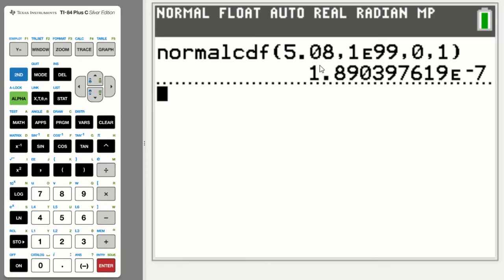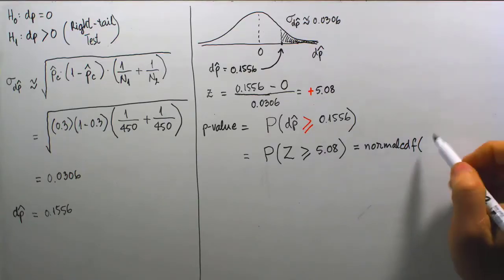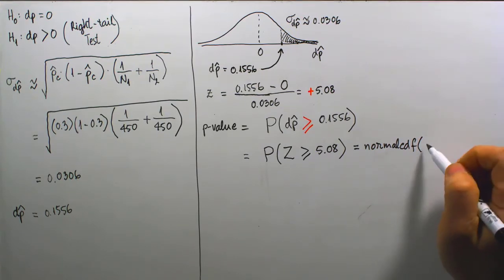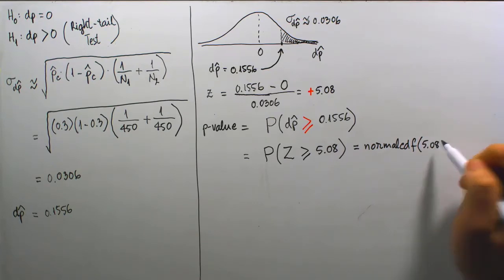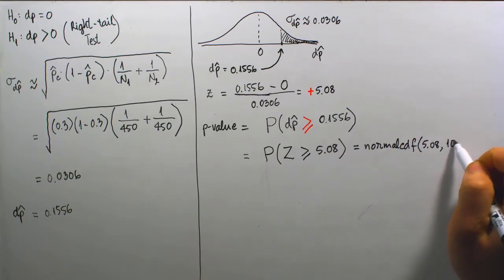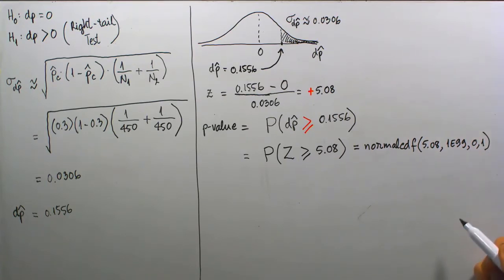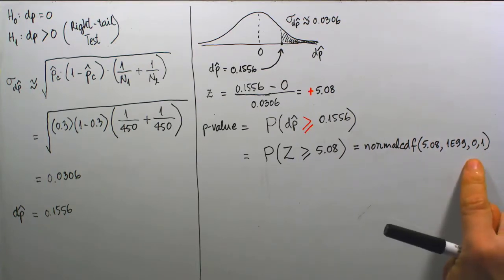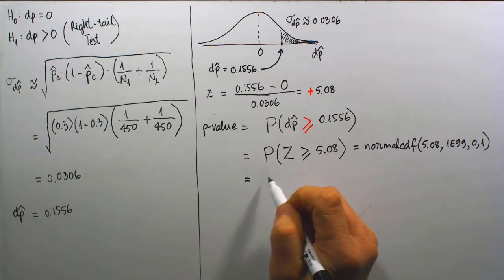So now this is our final answer right here for that probability, the probability where we find a z-score greater than or equal to 5.08. And so back on my writing board, allow me to spend a minute here to complete the syntax for this program. So normalcdf with open parentheses 5.08 as the lower end on the z-score, positive 1E99 as the upper end, and then a comma, 0 and comma 1, and we'll close our command right there and be ready to execute it. So the answer we have seen from the calculator was written as, according to the calculator,